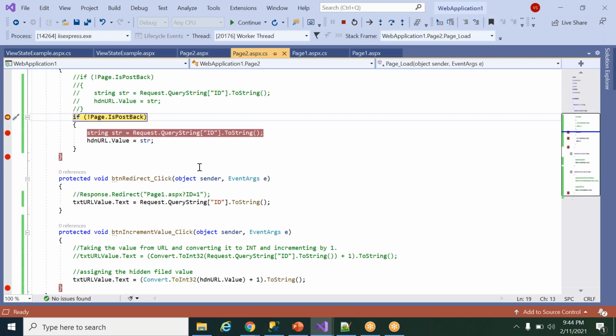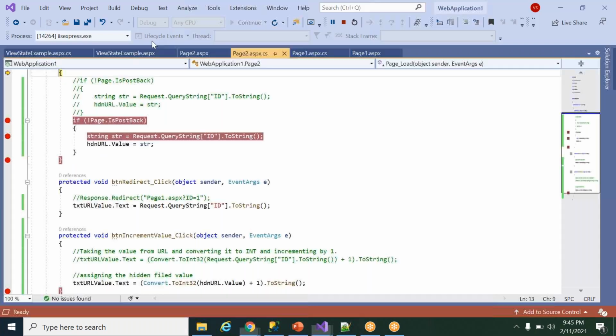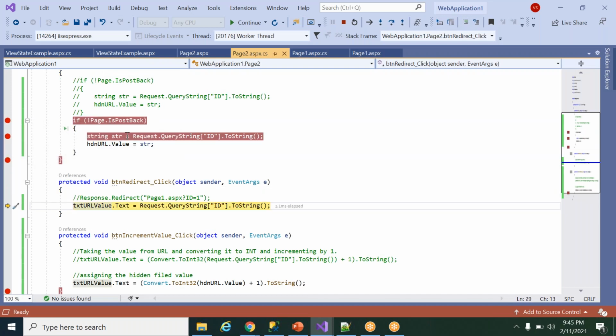Go to the second page. Now press F10. Now I have the hidden field value, which is 1. F10. Now click on back to the redirect page. When you check that hidden field, you still have that value, because this is client side state management, as I told you in the description. It holds the information even across the postback. So I still have the value here.